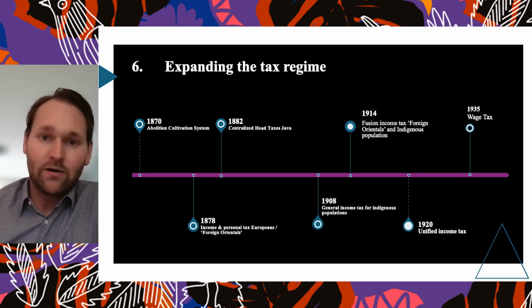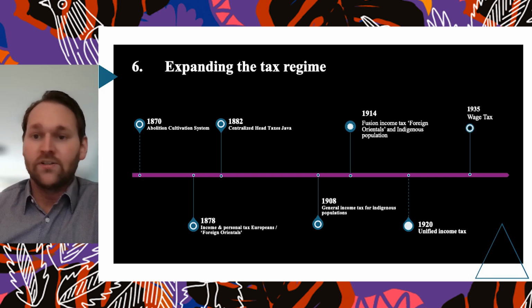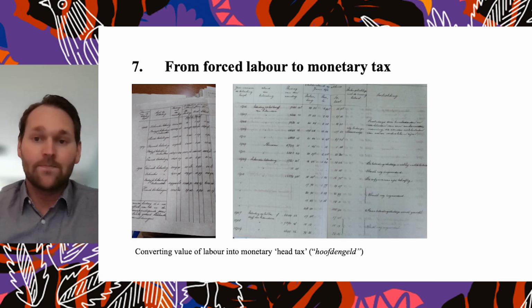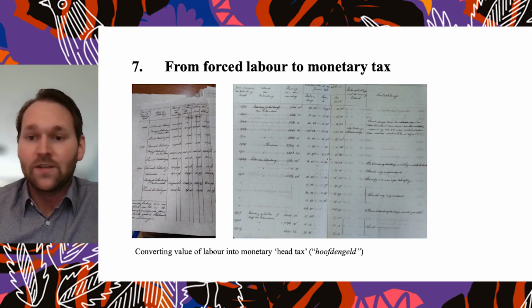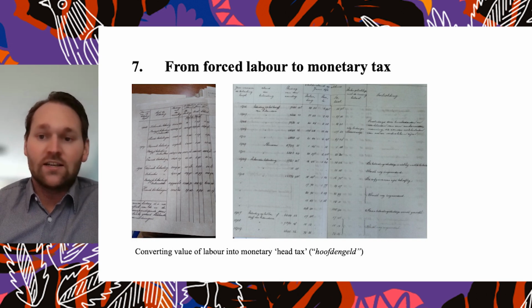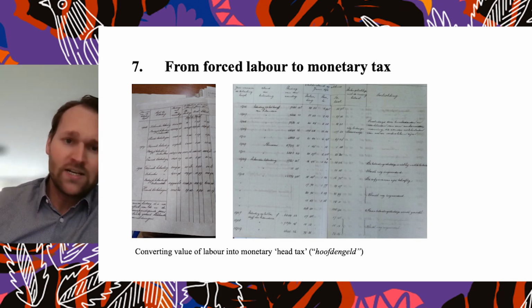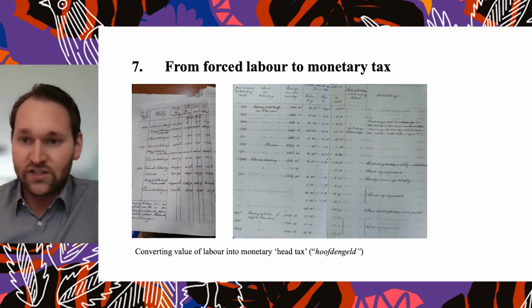Taxing indigenous people, however, proved quite a bit more complicated. Indigenous people had far smaller and often unknown incomes and were far more abundant and diversified than Europeans. Taxing them group-wise in labor, as it happened before by levying these services, had been very effective and efficient as it required relatively limited administration. But forced labor became seen increasingly as feudalistic and old-fashioned and in conflict with this idea of a more modern, responsible colonial state. So between the 1860s and the 1900s, the Dutch felt compelled to start converting forced labor